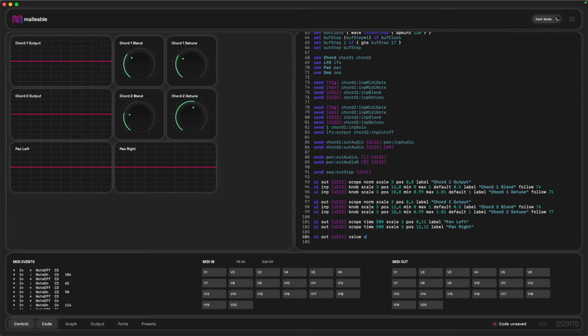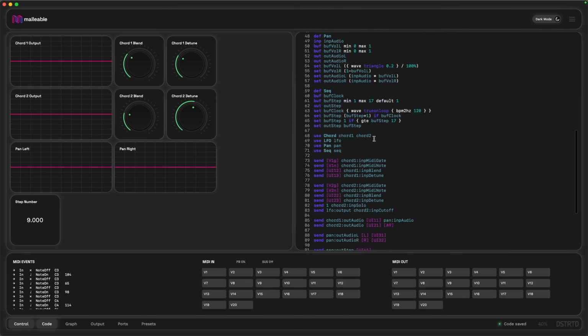It'll be a value. I'm just going to put it underneath everything else. So that should start running, and when that hits 16, it should go back down to 1. So while that's running, let's create our first channel on the sequencer, which is going to control the rhythm